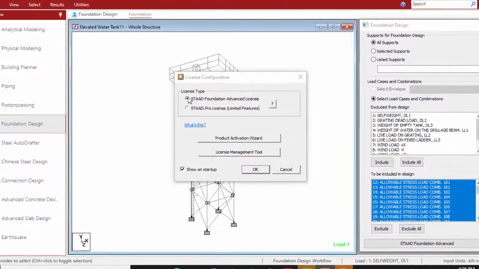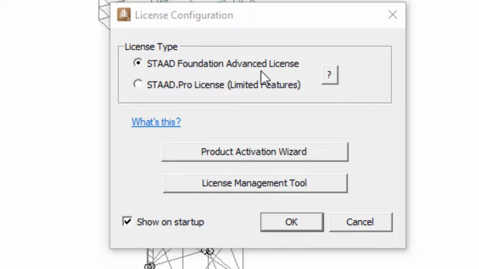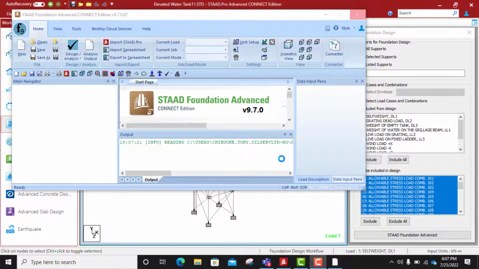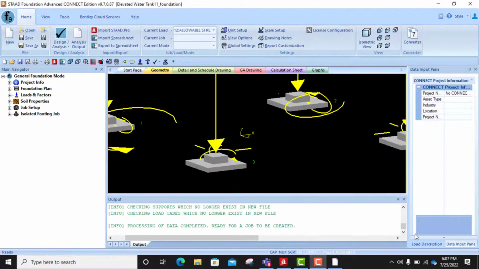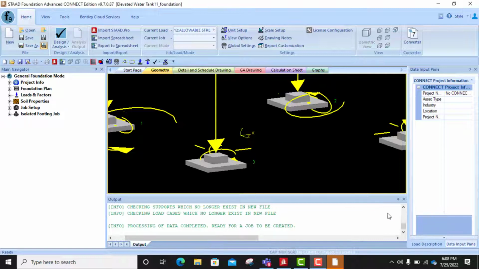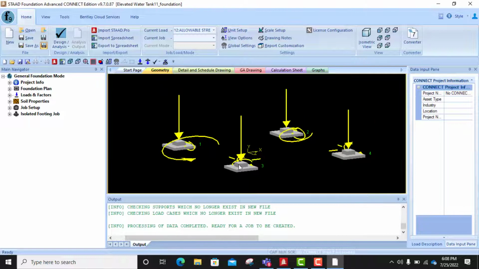Yes, it's up. So it has given me two options, either to use the STAAD Foundation Advanced or to use the limited STAAD.Pro feature. So I'll click on this and say okay. It's coming up. Yes, we have launched it, but it's still loading. Sometimes it takes a little time. You just exercise some patience while waiting for it. Yeah, it is done. So these are the 4 legs of the